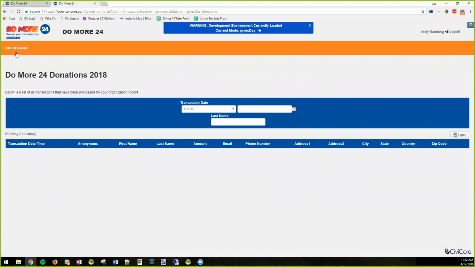You'll notice you don't have access to really anything else besides this dashboard, which is your donation dashboard. So on the day of the event, you'll be able to see in real time donations coming into your organization. You may have to refresh the page to get those to load, but you will be seeing those donations that are being processed